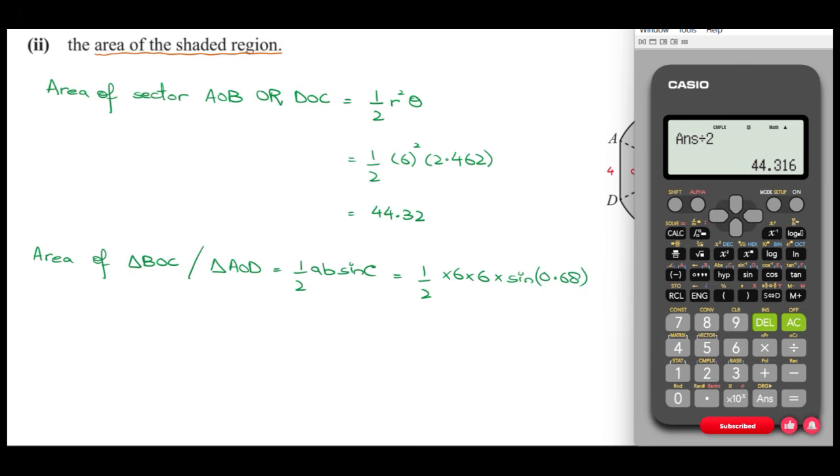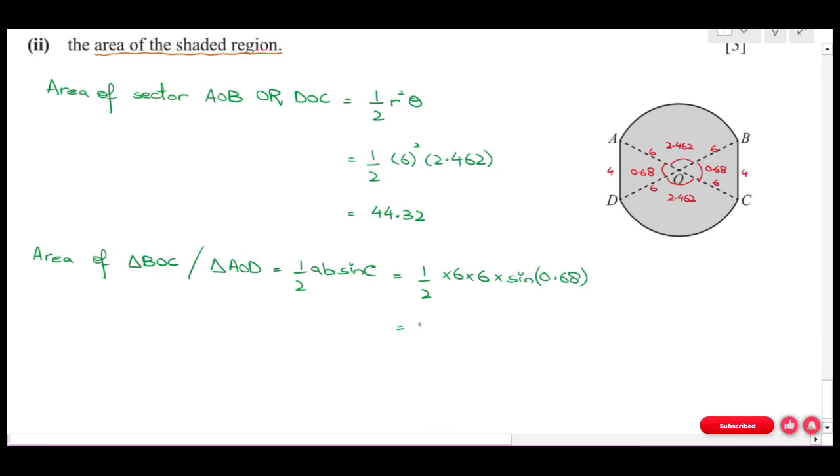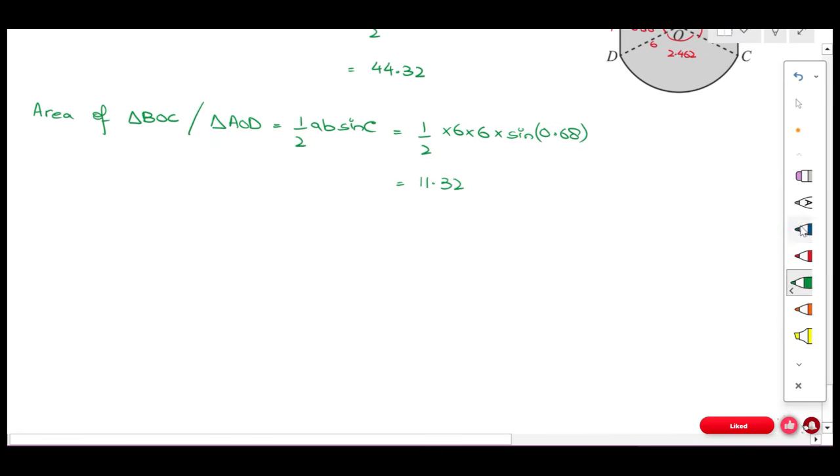Okay, my calculator is in radian mode. So what is sine of 0.680? And you have to multiply it by 6, times 6, and divide it by 2. 11.32, that is the area, 11.32 for this triangle and for this triangle as well. Okay, now to solve for the area of the shaded region,